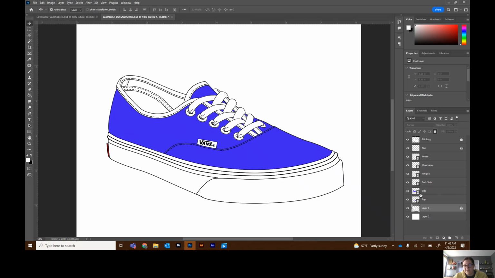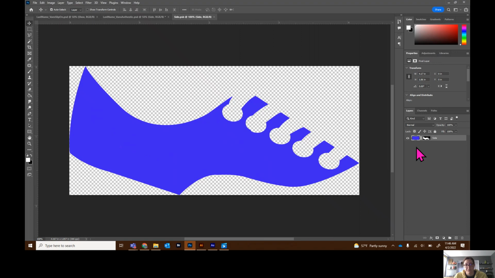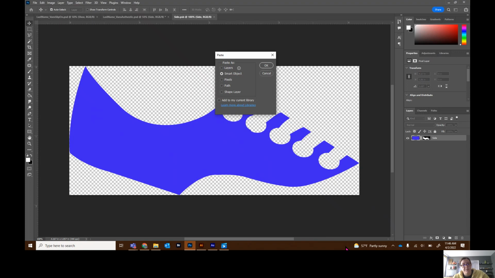So I'm going to find my side right here and double click on the little thumbnail itself. Now, this is where you can change the background color of the shoe as well. So I'm going to end up changing it from this blue, but first I'm going to paste my skull in there because I want to get a color out of the skull for the color of the shoe. So I'm going to do Control V and this little pop-up is going to pop up and it says paste,